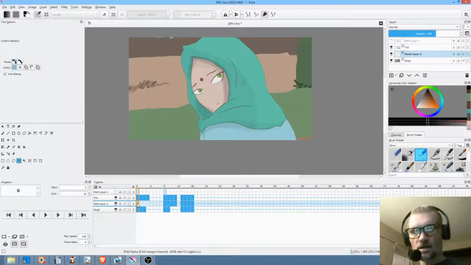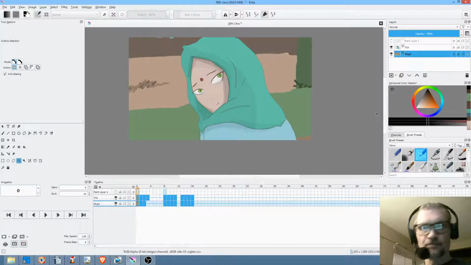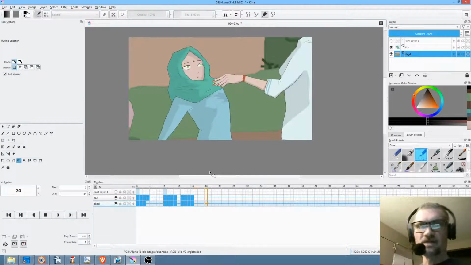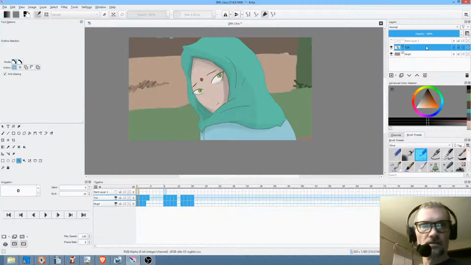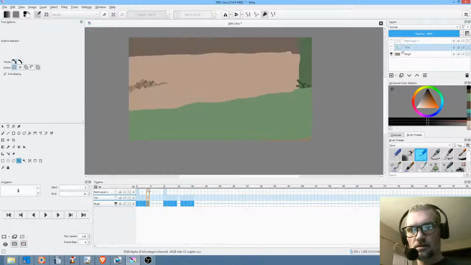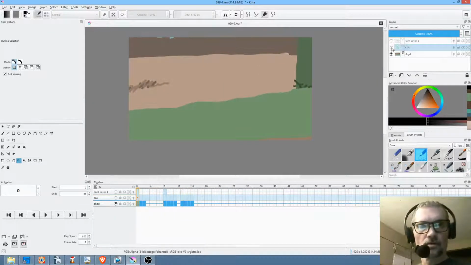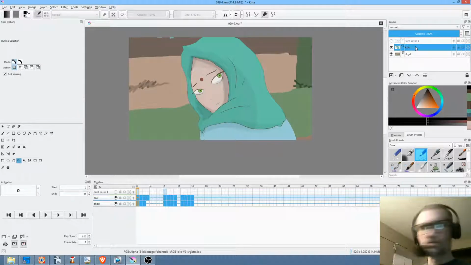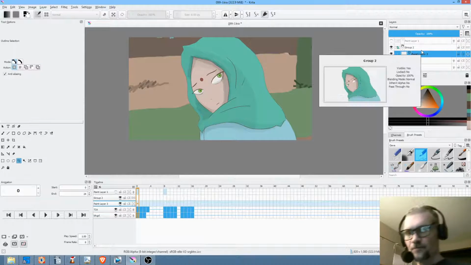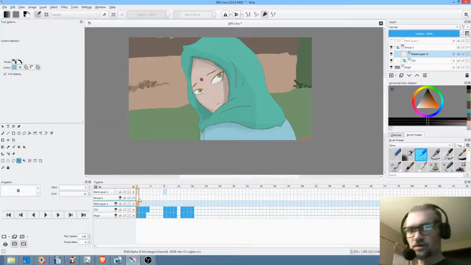Okay, so what I'm thinking here is, what I really want to do, I'm going to go ahead and bake this down. Boom. And make sure it looks good. And then I think what I'm going to do is, yeah, I'm going to tighten up the shadows in Tia's layer. So let me look here. Yep, that'll work. Okay, so what I'm going to do is hit Control G to put Tia in a group, and then I'm going to put a layer above her and hit Insert so there's a keyframe. And now what I'm going to do is, and